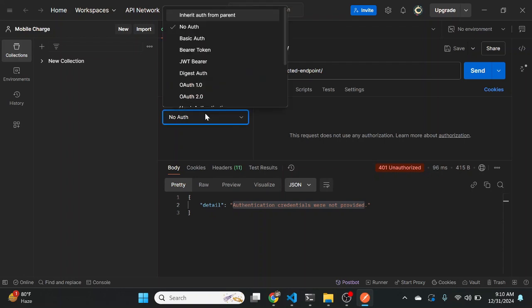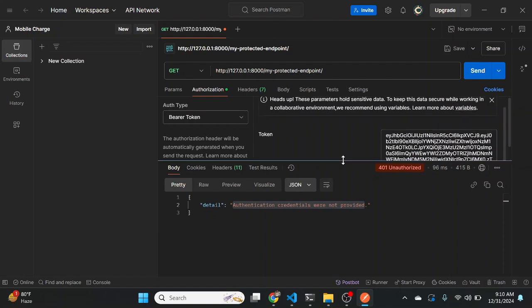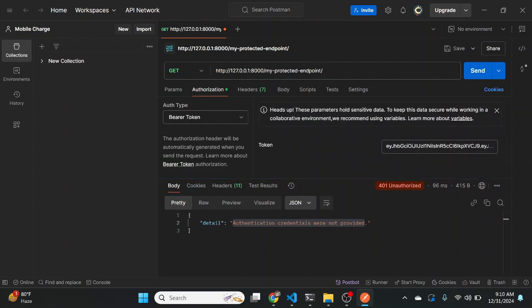Now, under the auth type, I will scroll down and select bearer token. Now, once I do that, all I need to do is in this input field right here where it says token, I'm going to paste that access token which I had just copied. Now, what I can now do is send that request. Once I send the request, you can see that it says you have been granted access to my protected